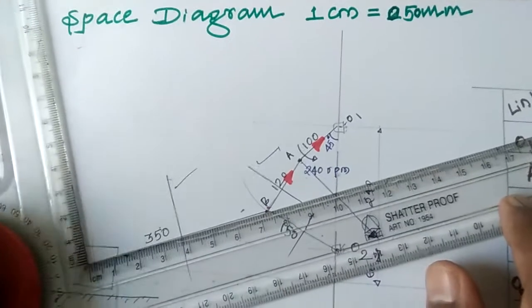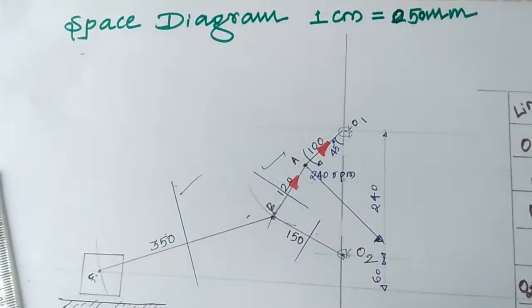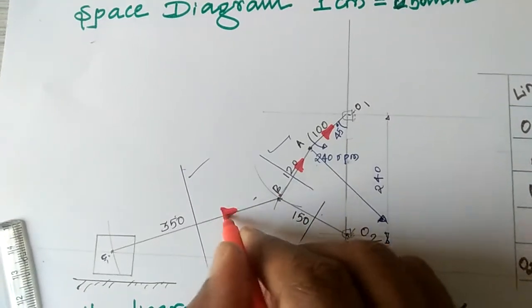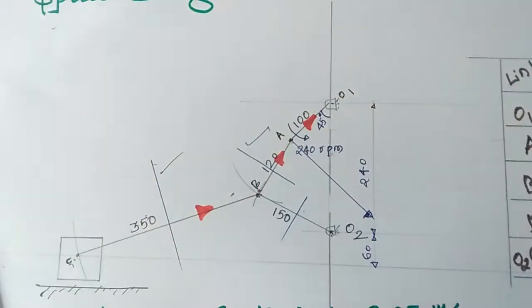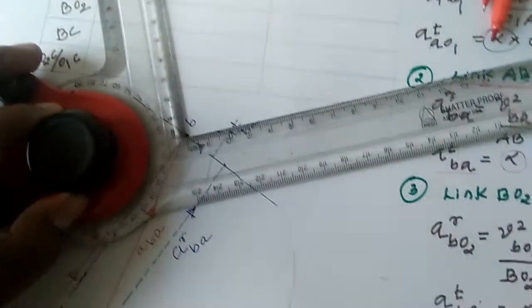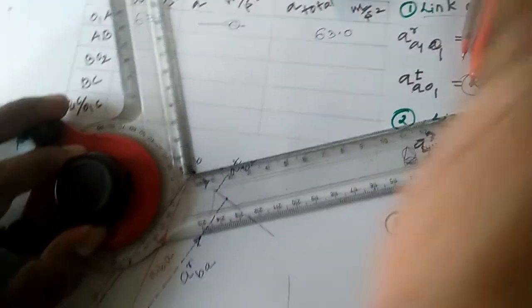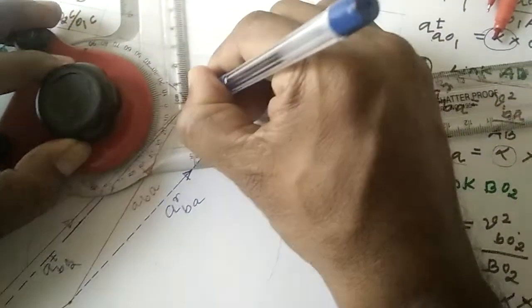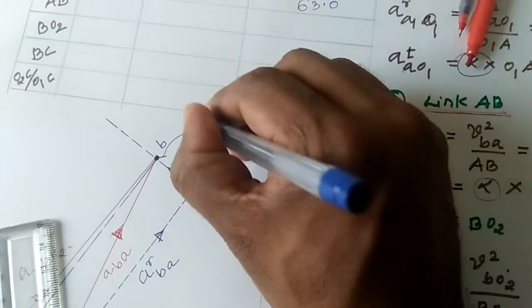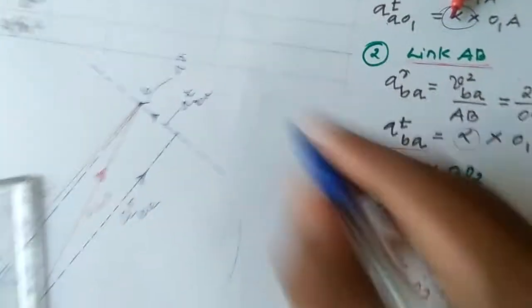BC is a link, this one. It has a radial and also a tangential. The radial direction is important. Now I'll go for the direction. The direction is above B, to the right-hand side of B from the acceleration diagram. How much is it, approximately? I drew it here using blue. This is nothing but the radial of CB.